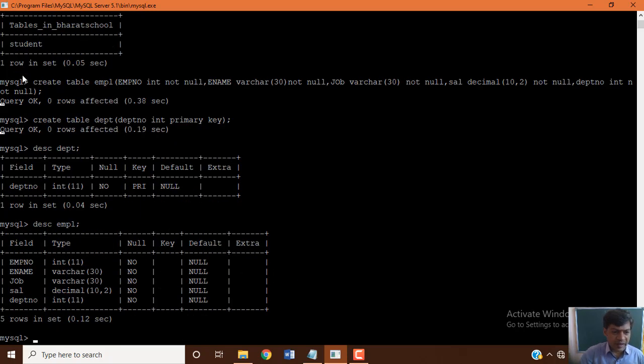So DEPT is the parent table here and employee is the child table. Here we just used the department number, but we didn't apply the foreign key. This department number is under the department table, DEPT num. So we want to make it a foreign key so that we'll be able to make a relationship between these two tables.